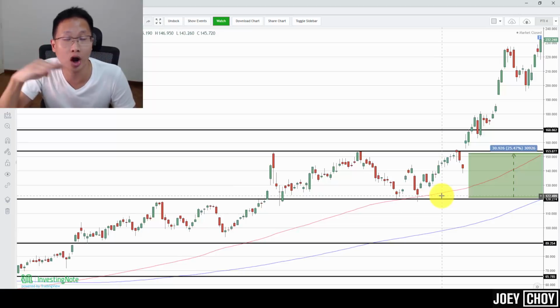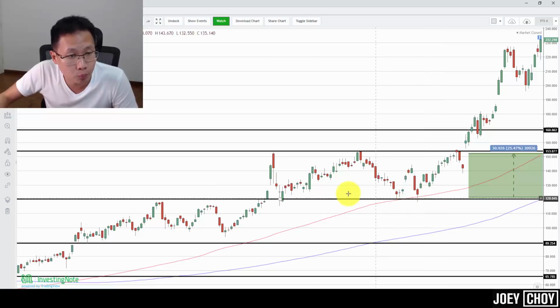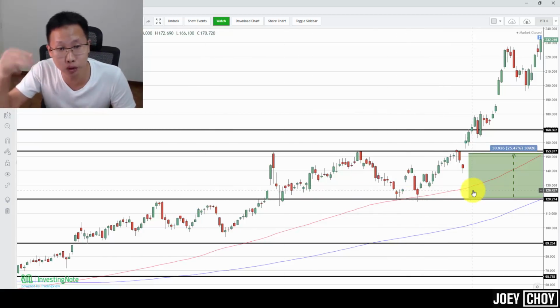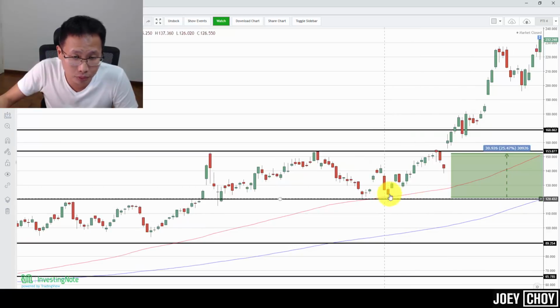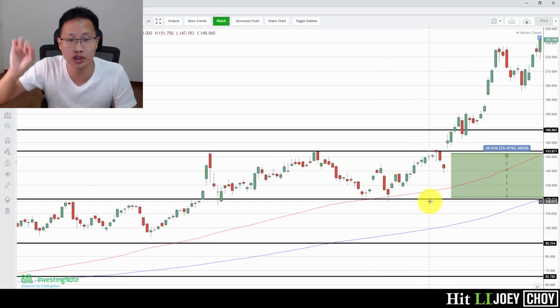Number two, we are back to the horizontal line, which acts like a horizontal support based on previous prices, because the resistance has turned support. That's number two. Number three, we did see quite a good bullish candle right here, whereby we saw a